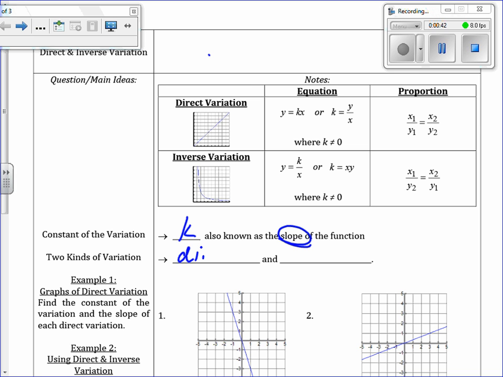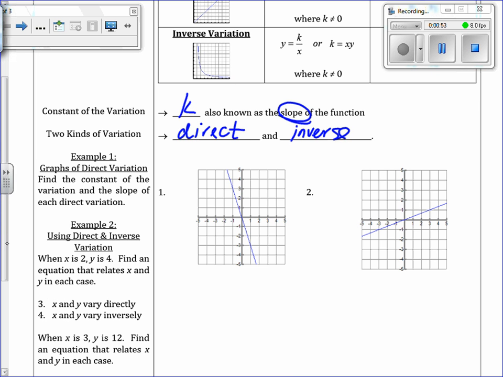It's direct and inverse variation. Okay, these are the two ones. So, graphs of direct variation. Here we have two graphs showing a constant rate of change, basically, or a constant slope that's going through 0, 0. To find the constant variation and the slope of each direct variation,